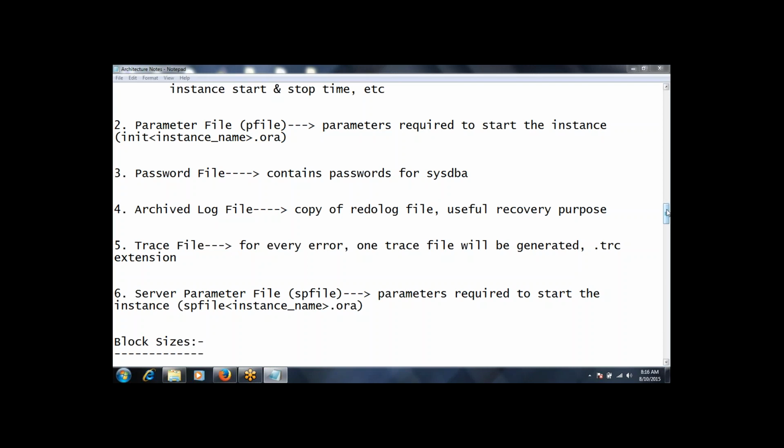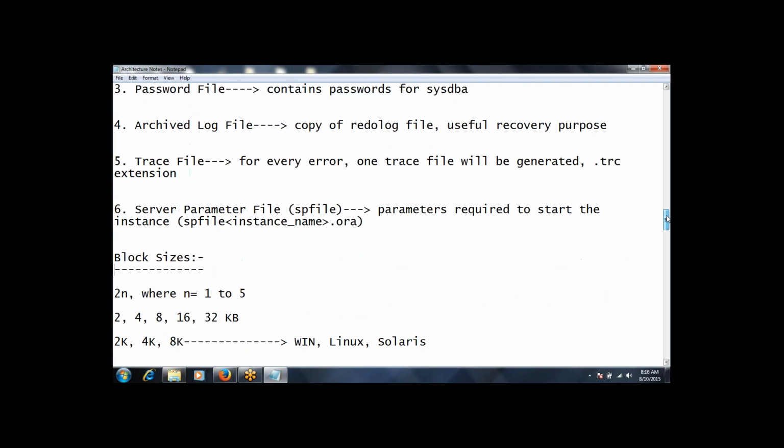Okay, are you able to follow? Any questions till now? We are on SP file. It is the same as the P file. Yes. So, SP file is a dynamic file. Why? Because for the P file, we need to stop the database, make the respective changes in the P file, and again start the database. If it is a production system, it is a troublesome job, correct?